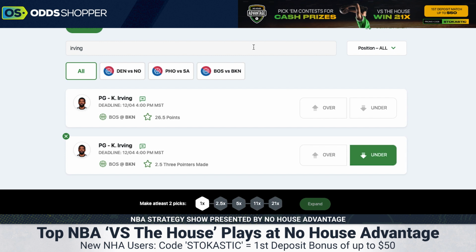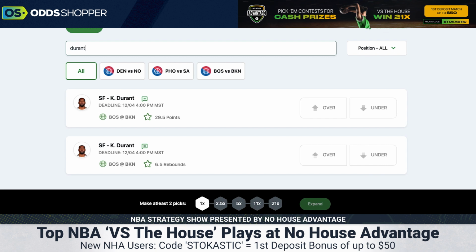And let's stick with the Brooklyn side of the ball because I do like Kevin Durant in this spot and almost considered going over on his points. I don't even think that's necessarily a bad prop to take tonight. He's been really solid. I mean, you look at Kevin Durant's points of late. He's had 1 game with under 30 points in each of his last 5 starts. He's coming off a bit of a slow game in his last start, but that was against Toronto, a slower paced team. I wouldn't be shocked if he rebounded here, but what I like doing on Kevin Durant here is